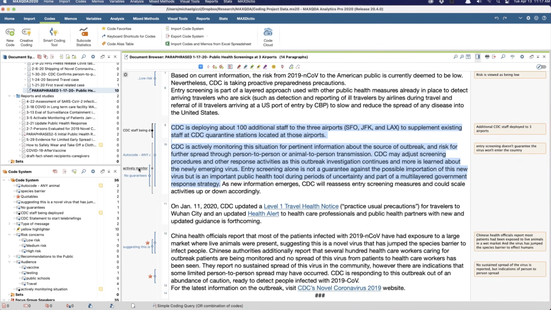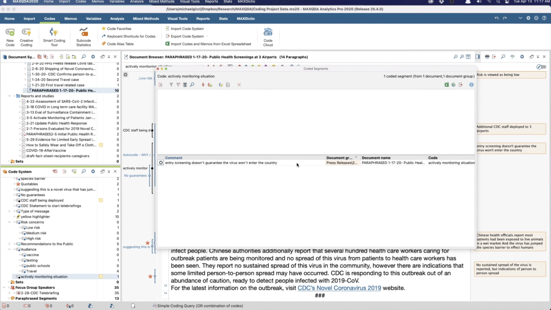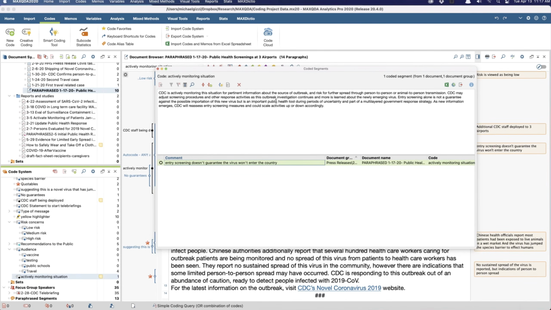I've pointed out the point about memos, about code comments. Code comments are important because when I am ultimately retrieving this segment, you will automatically have the note that you put there with it. Now, maybe you'll just say, look again at this, or interesting, or this seems contradictory. Comments are useful.